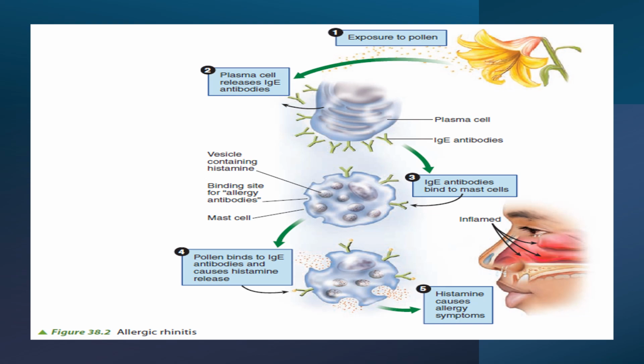For the pathophysiology of histamine, there will be exposure to the different pollens, depending on the type of pollens that a person is allergic to. Then, the production of immunoglobulin E antibodies by the plasma cells, wherein the plasma cell would spread it out throughout the body. The immunoglobulin E antibodies will bind to the different mast cells that are present, especially on the patient's nose.